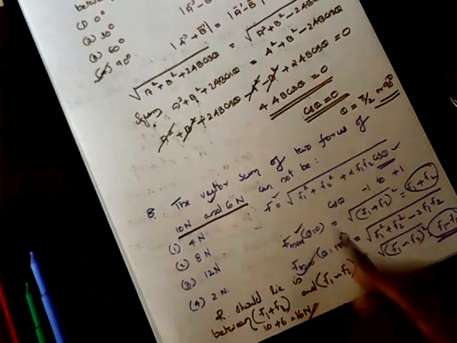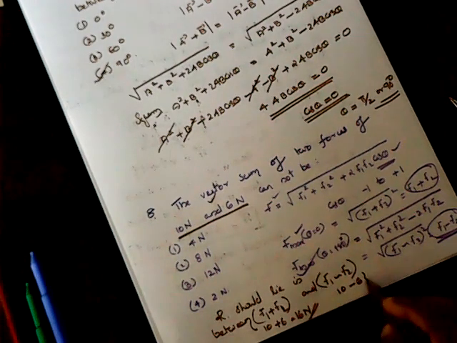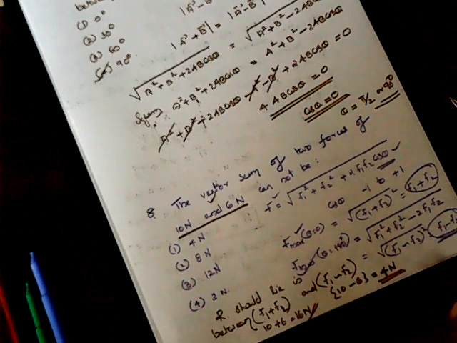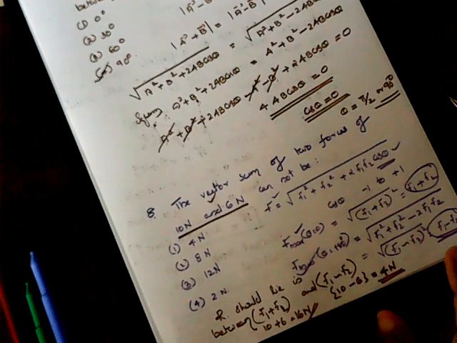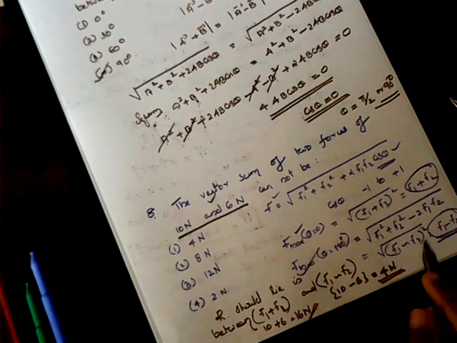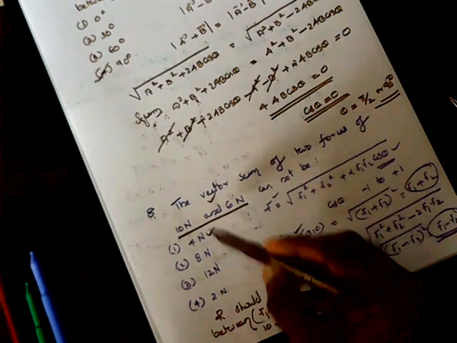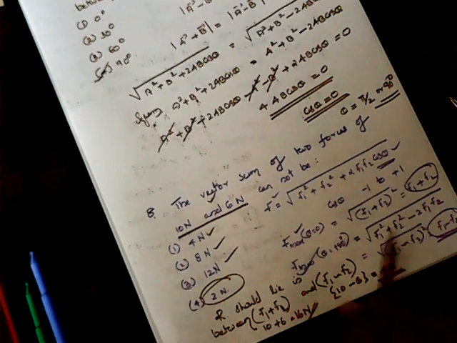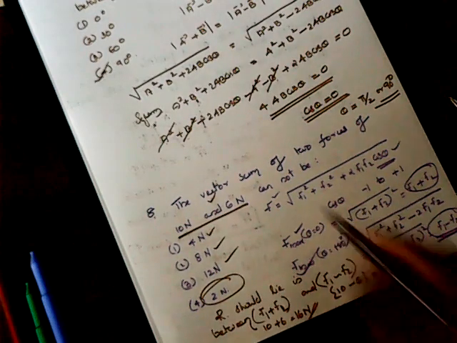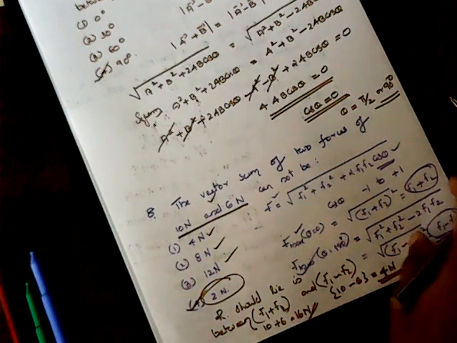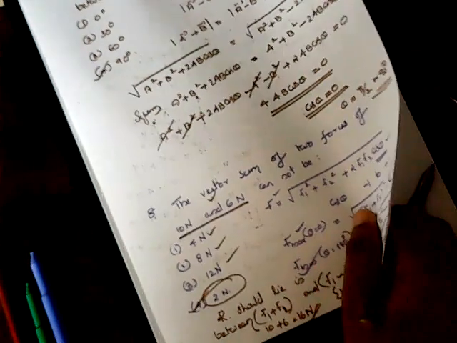And the minimum value is 10 minus 6, so the value becomes 4 Newton. So at any value of angle, the resultant should lie in between 16 and 4. So 4, 8, 12 are included. The 2 Newton does not lie in between 16 and 4. So the answer to the question is 2 Newton. A very, very good question, so keep it in mind.